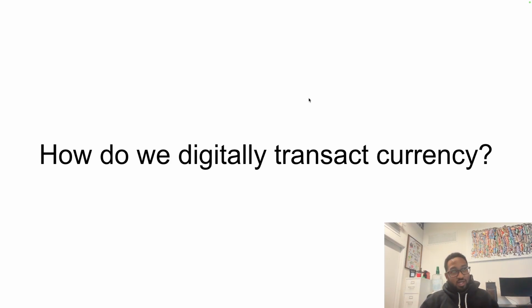So how do we digitally transact currency? You have anything, Roz? Well, if we use these ledgers, it's everybody updating, getting the ledger digitally or broadcasting using computers. Yeah, ledgers are a way to digitally transact.